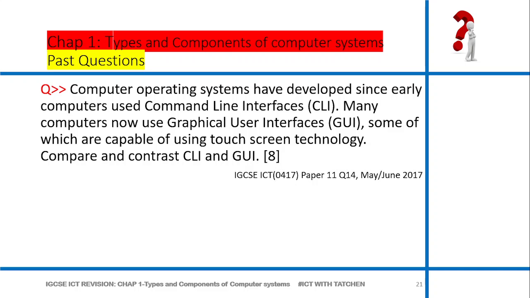Differences and similarities. A difference like CLI, you need to learn a lot of commands. GUI, you don't need to learn any commands. Another difference could be CLI, you use less computer memory compared to GUI. That's a very good comparison. Next, you could go further to say